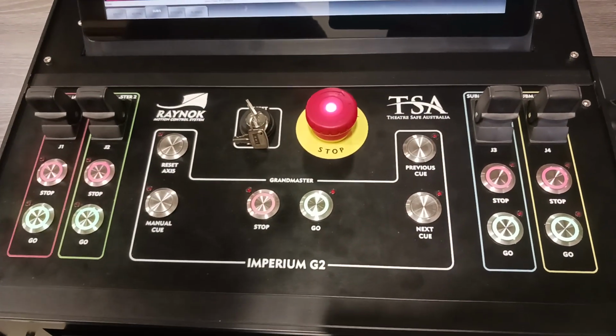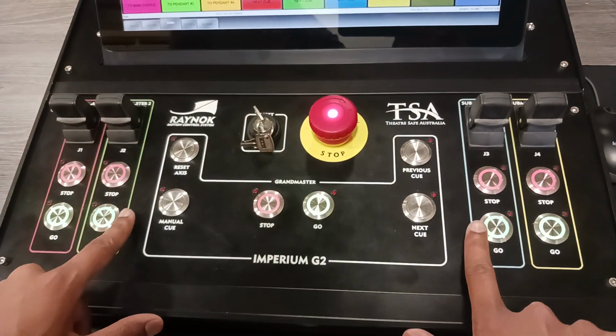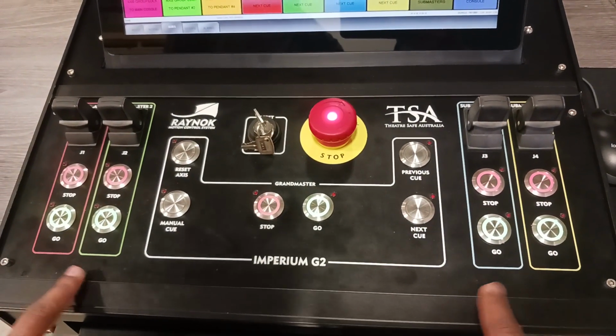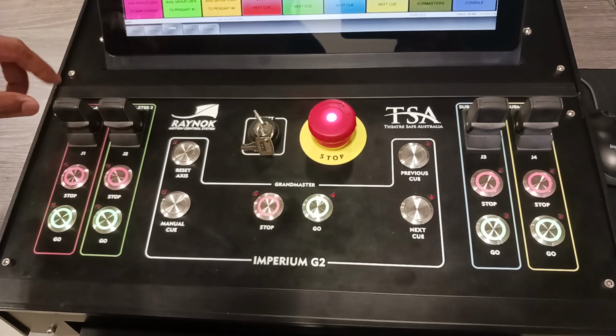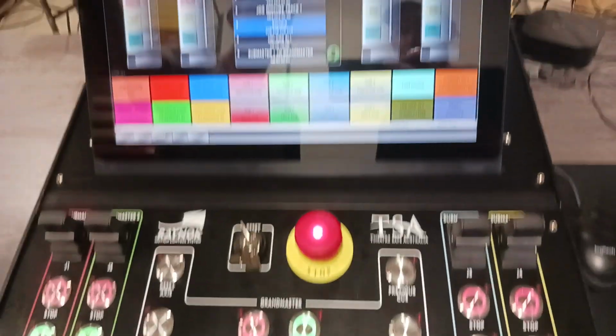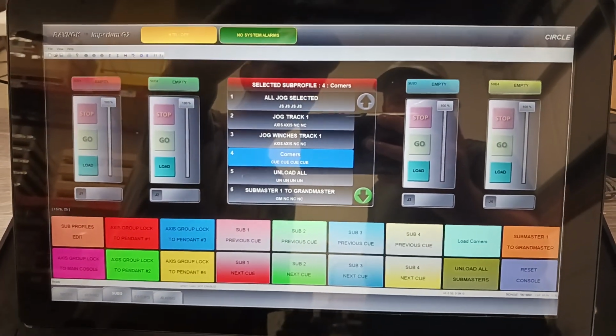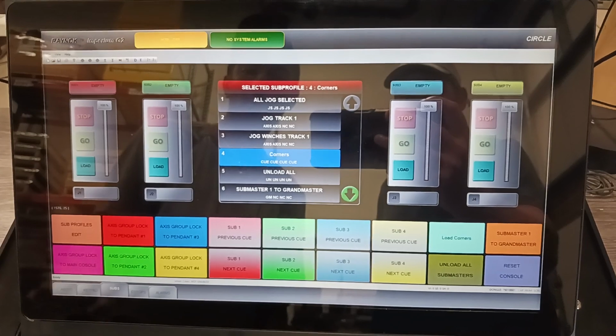This is the Imperium G2 with submasters. It comes with your main helm and 4 additional submasters. Each submaster is color coded with a go and stop and a joystick. Up here is the submaster view, which shows each of your 4 submasters across the screen, where you can hit